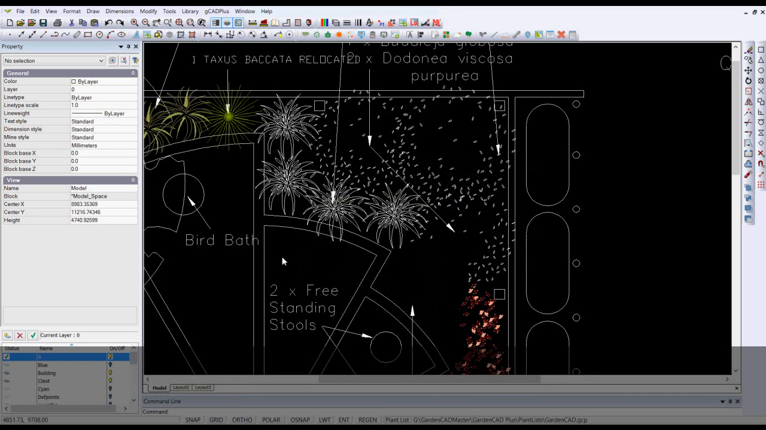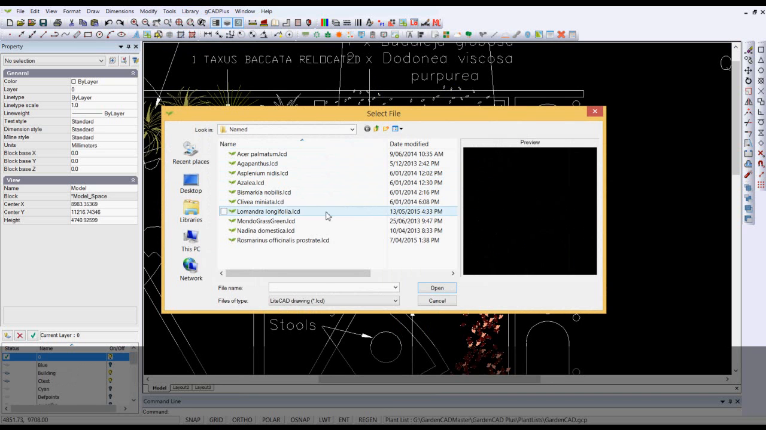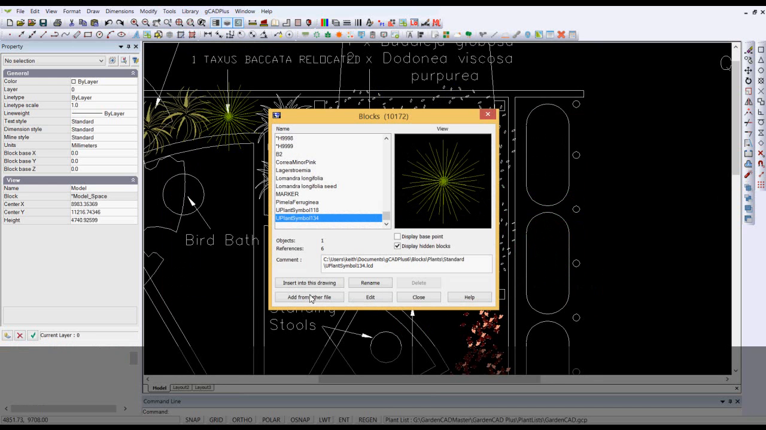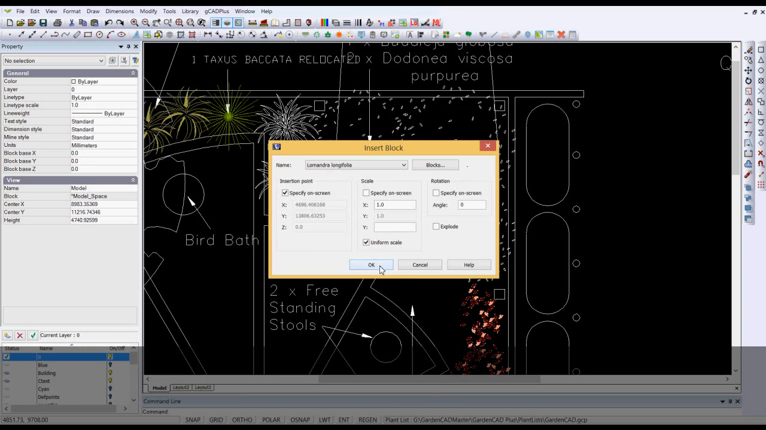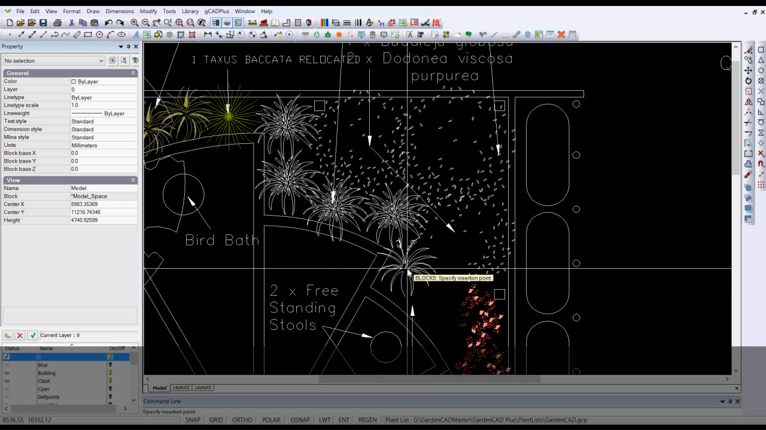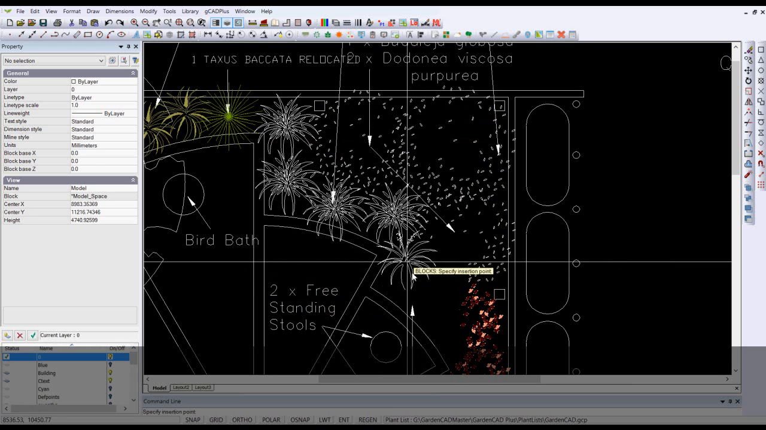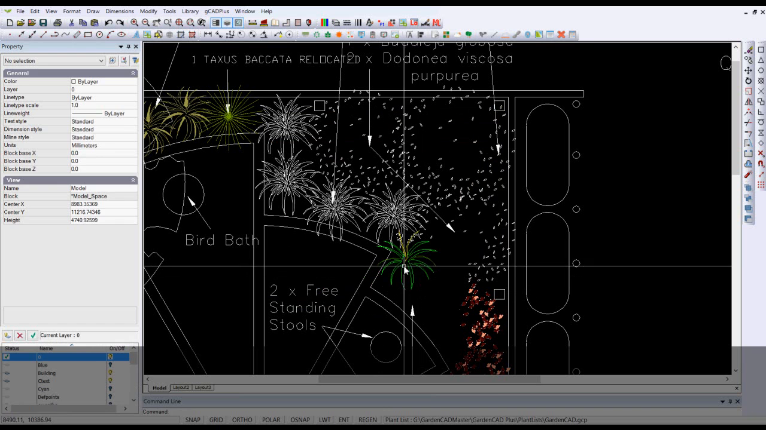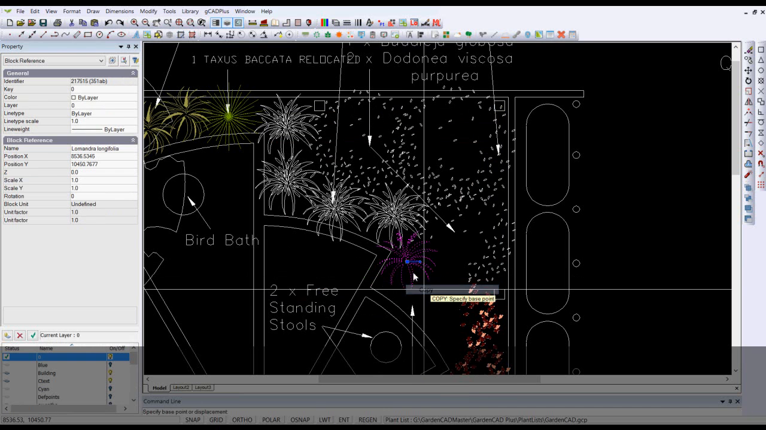Well, let's return to a typical design and see if we can use our new symbol. So we'll say library, plants, named, and here's Lomandra longifolia. There's our little snapshot of it, and we say open it and insert into this drawing, and it should come in, give us that box, and we can pop it down in that position, and we'll copy it, say 3 times,